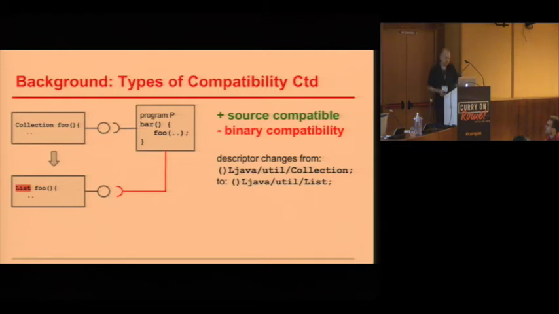You can actually construct similar examples that show scenarios that are not source compatible but binary compatible as well. So those two notions really don't match. An example for this is if you have a method and you evolve the method by introducing, for instance, a checked exception, and you get the opposite scenario.